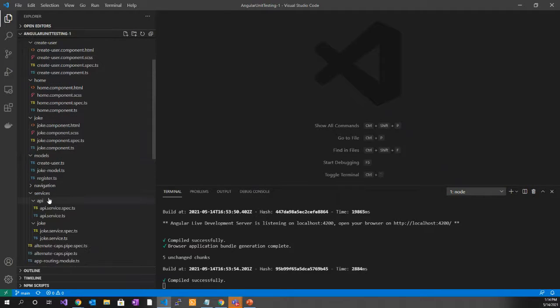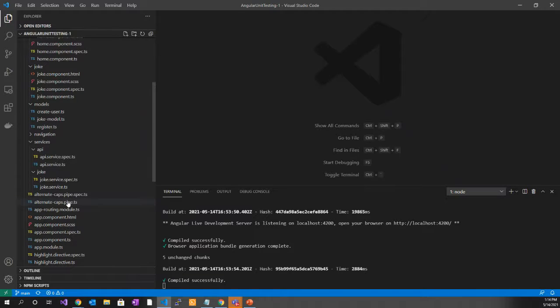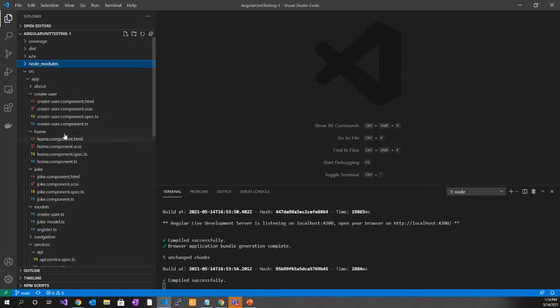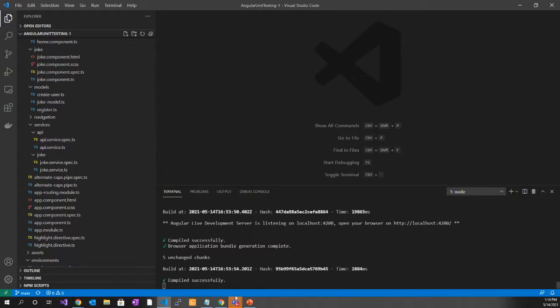We've got these services here. These are our Ajax wrappers that we'll test. The pipe is down here at the root and in the main application. So throughout, you'll see that just the way Angular organizes the code, it creates the spec file in the same folder or same location as the corresponding markup, controller, and then style sheet. So it should be fairly easy to follow along if you pull down this repo after the fact and run accordingly. So with that,